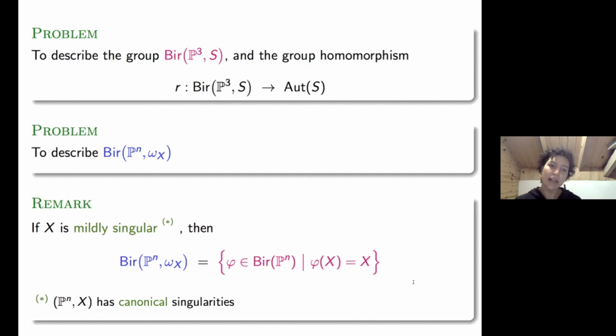Okay, so this is not hard to prove, but this actually opens the door to many techniques coming from the minimal model program. The minimal model program usually deals with meromorphic volume forms, and this is what we call the canonical class of X. So now we have all the tools from the minimal model program at our disposal to investigate this type of problem.